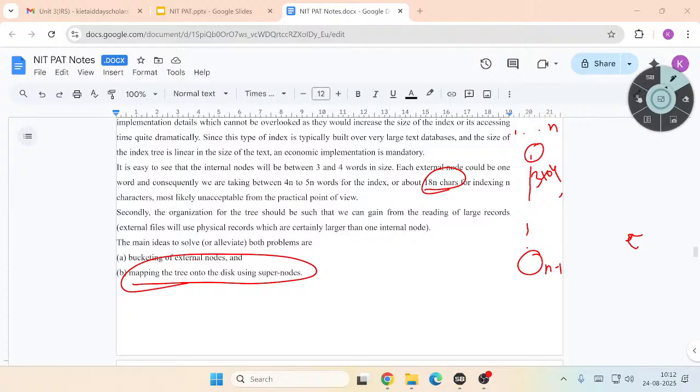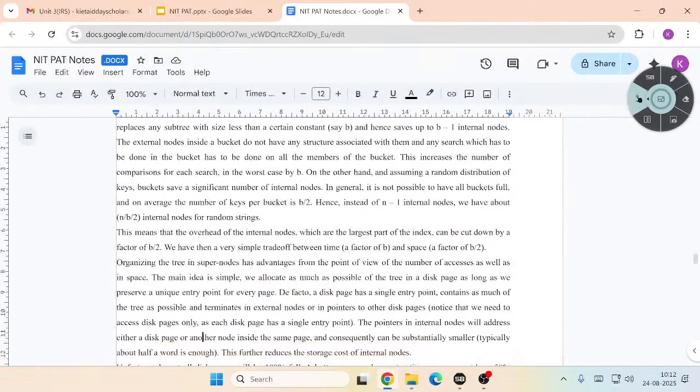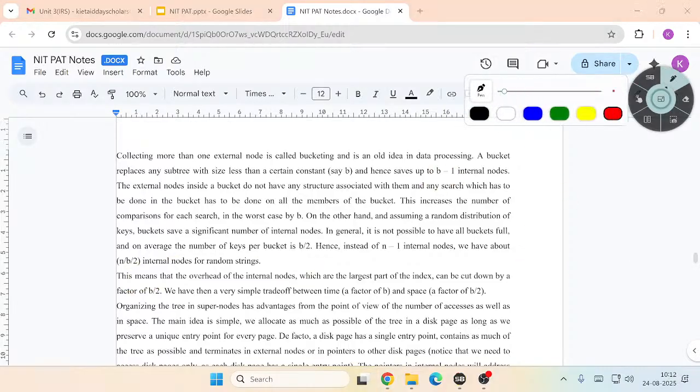The second point is we are having two problems. One is with bucketing, the other one is the string, that is mapping onto disk space. Right. So here we are giving the complete idea of bucketing. So what do you mean by bucketing? It is more than one external node. Okay. So here we will try to